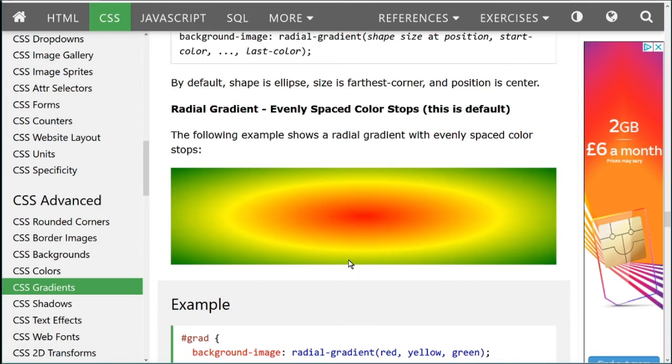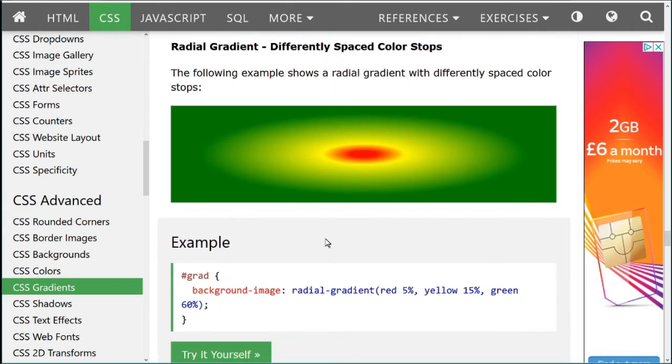You can use the radial gradient function with differently spaced color stops as shown here. So we're starting off with a small red, then we've got a little bit of yellow, and then we've got a lot of green. So how do we specify that? We say the radial gradient function is here, and then we say red is only going to take up 5% of the width of the space, yellow is going to take up 15%, and green is going to take up 60%, and that splits your range from the center to the edge of the